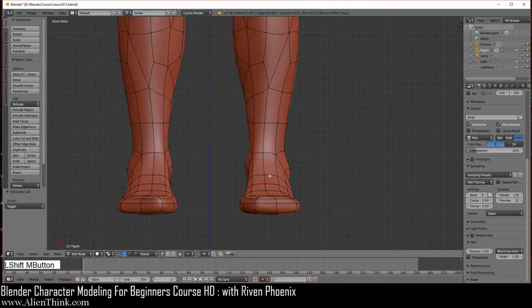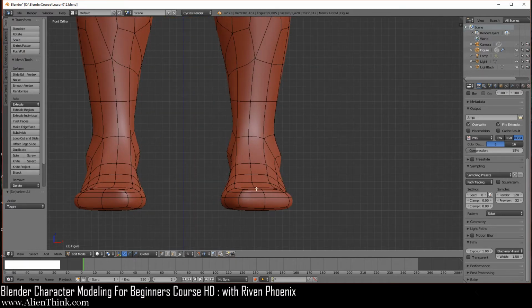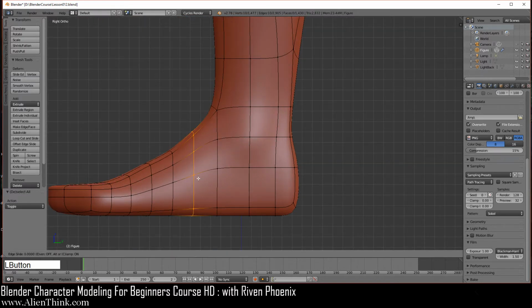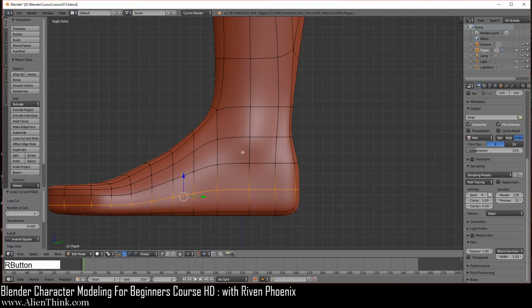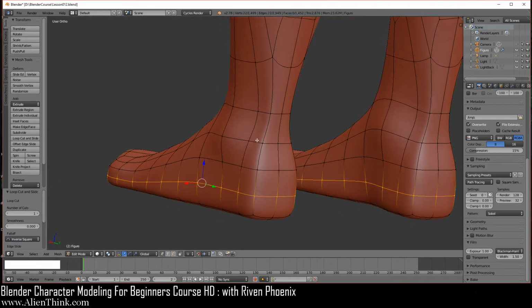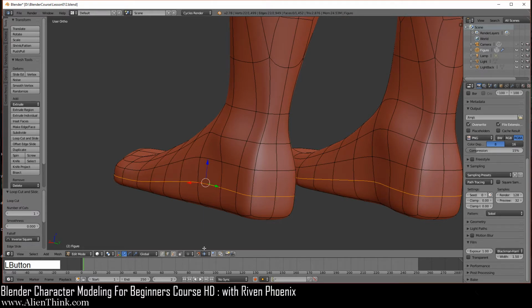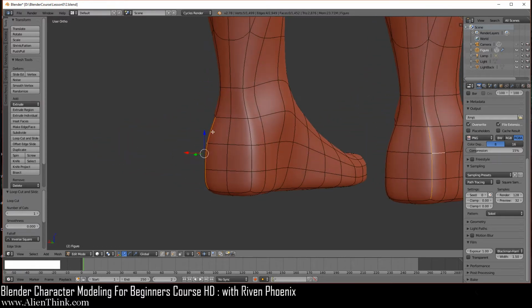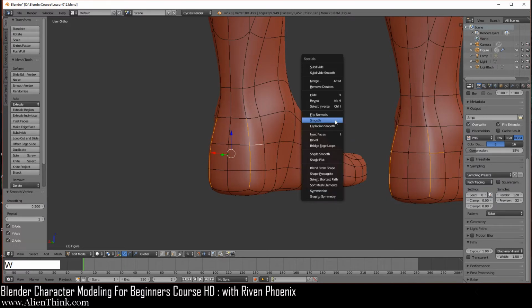So we're going to start moving on to the foot now. In the same way, we have to create the basic forms of the foot first before we come in for the details. So the first thing is to go to your right view over here. I'm going to do Control R, left click, and then right click. Now I'm going to do Control R, left click, and right click over here, and middle mouse button over here. Switch to your edge select mode. Select, shift key down, this edge, this, and this one, and select these edges over here. Now just do W, smooth 1 and then 2.